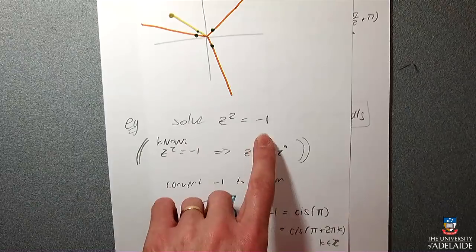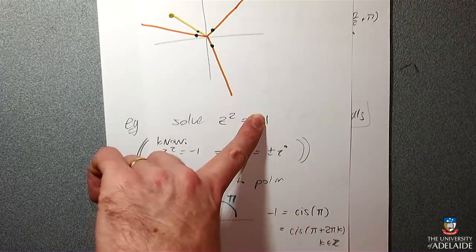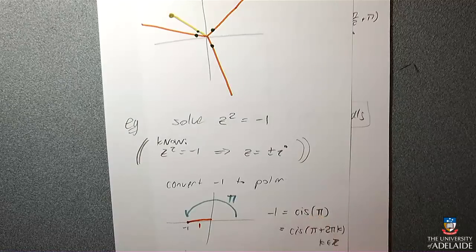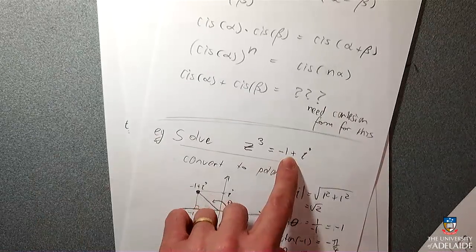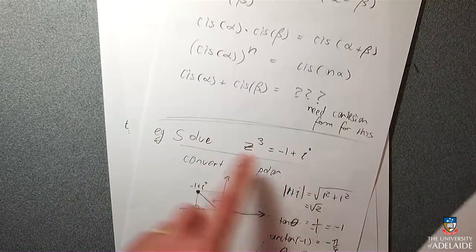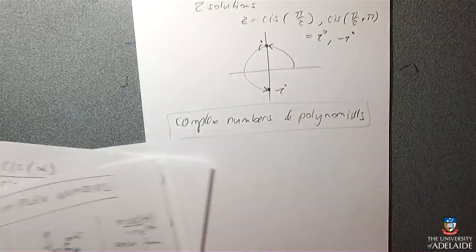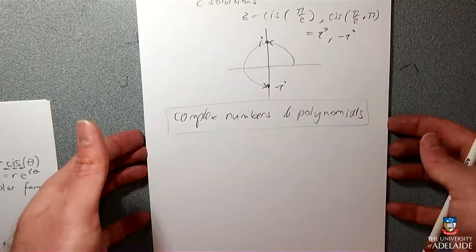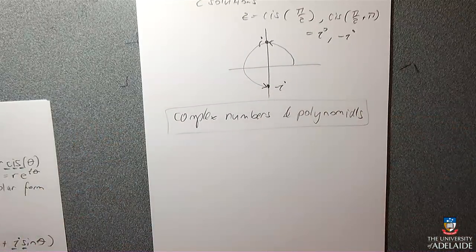So if this was actually... If this was equal to plus 1, then this here would have been 0. That one was easy. It was just with other numbers. Yep. And so we've done one where it's something else horrible, like minus 1 plus i. And you're okay with that now? Okay. But I am going to look at complex numbers and polynomials anyway, because I think it's cool. So the thing that complex numbers allow us to do is find zeros for all possible polynomials.